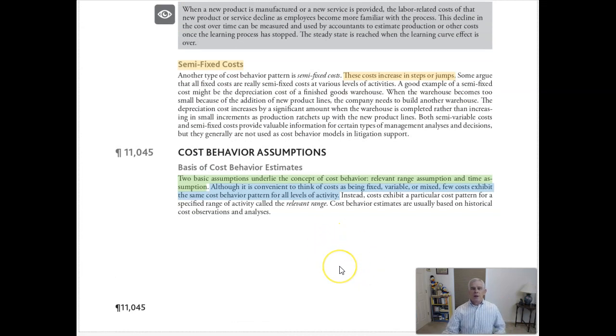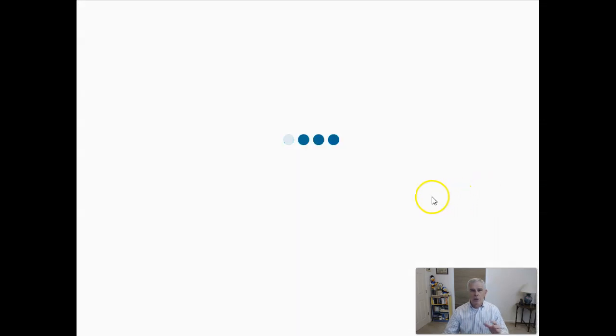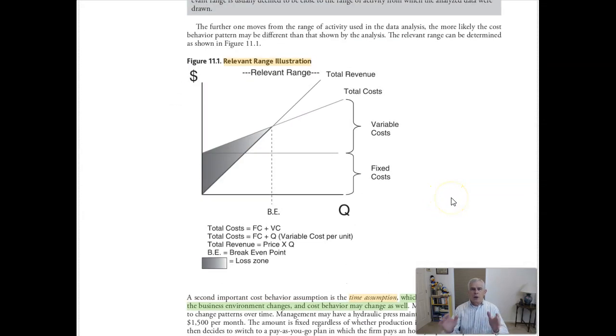And then we have two basic assumptions that we almost always have to use in working with this kind of information. It's the relevant range assumption and the time assumption. Now, relevant range, you probably studied that in other courses, maybe economics courses. They deal with that quite a bit. And along the relevant range, we are going to predict cost will happen in a certain pattern. Now, get out of that relevant range, like a much higher level of activity, then the patterns that happen in the range before that might not hold true.